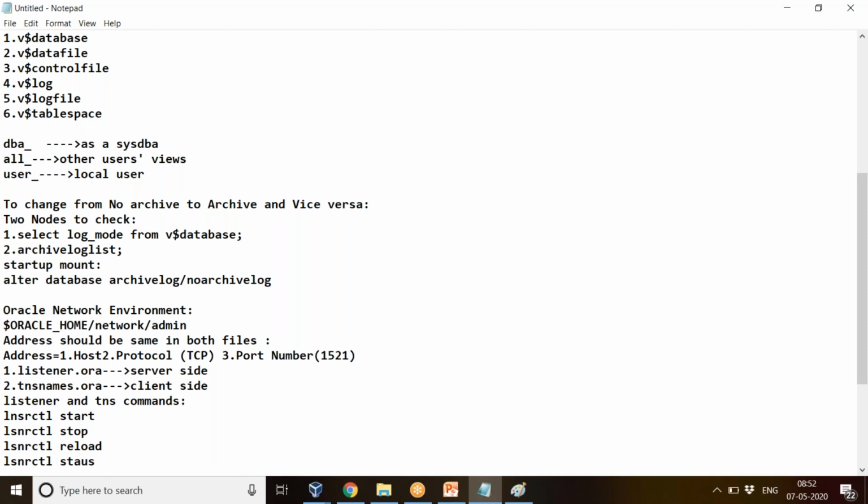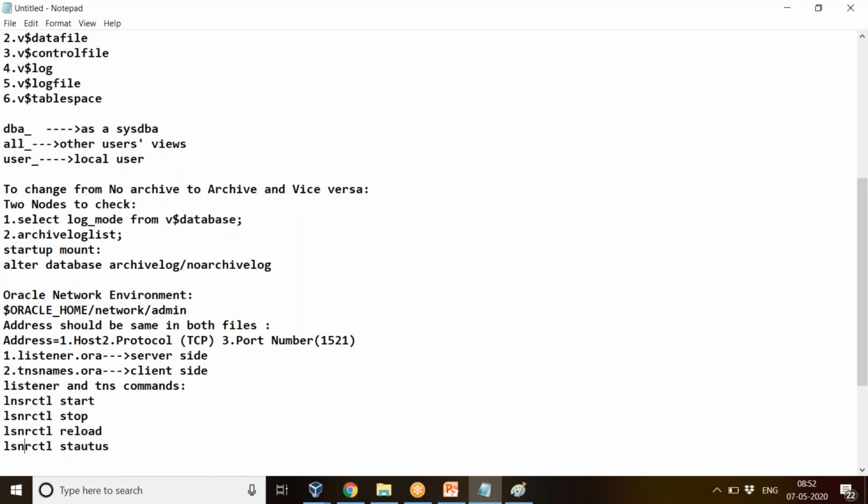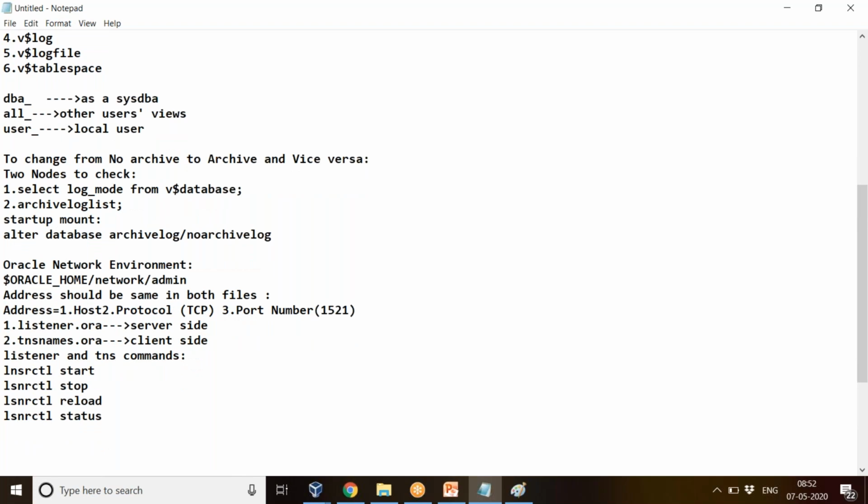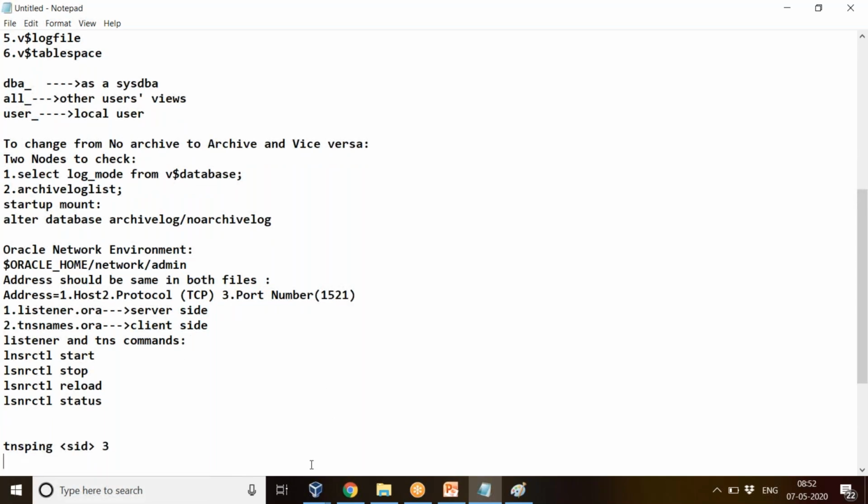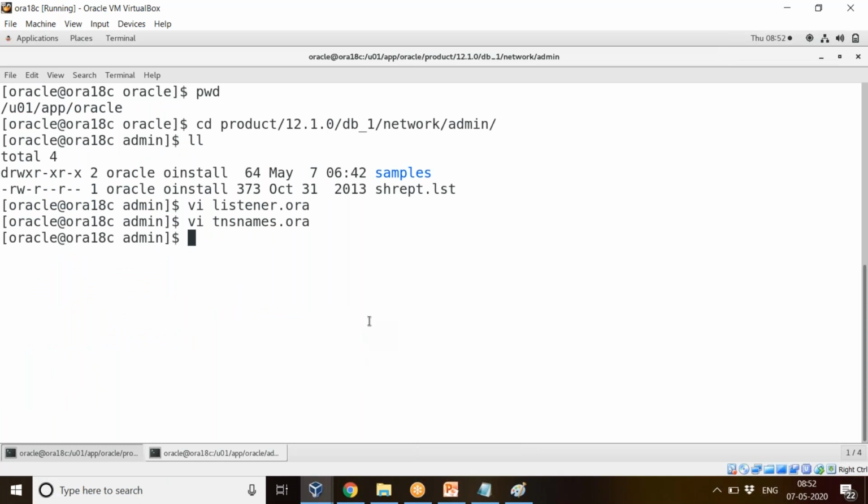So these are the four commands for the listener. And for TNS, you give tnsping, then the SID name, and how many times you want to ping. Okay, we'll check how it is working.